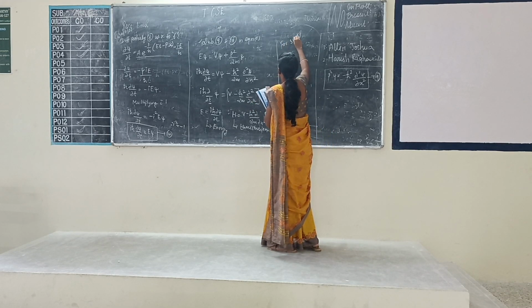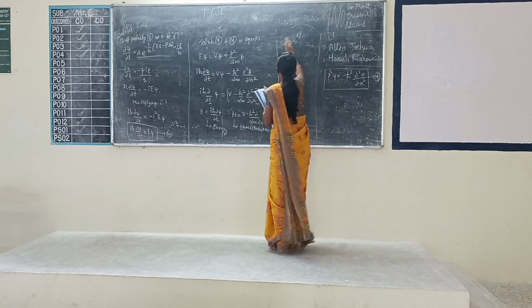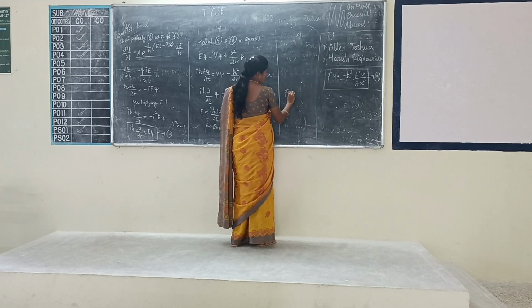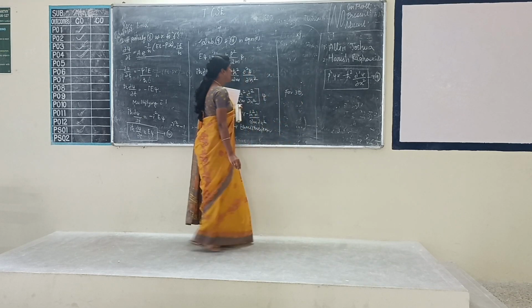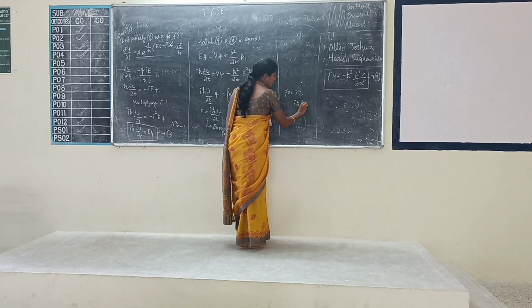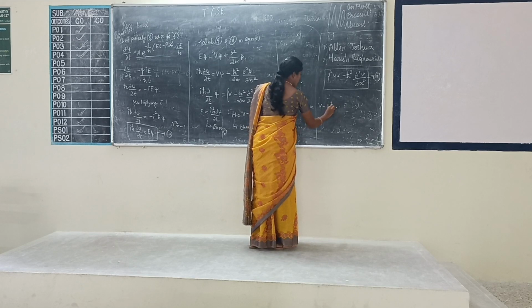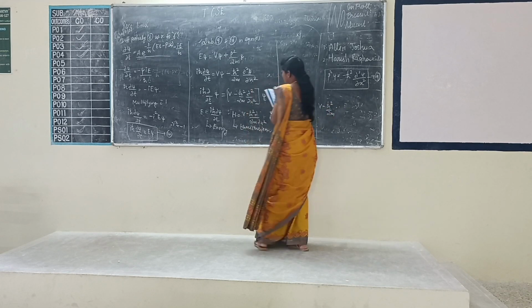So for 3 dimensions, the equation is rewritten as follows. For 3 dimensions of the equation, we change all over. i h cross of ∂ψ/∂t is equal to V minus h cross squared divided by 2m. Instead